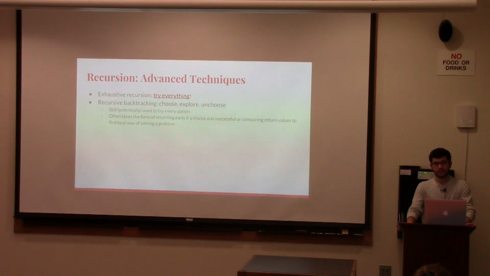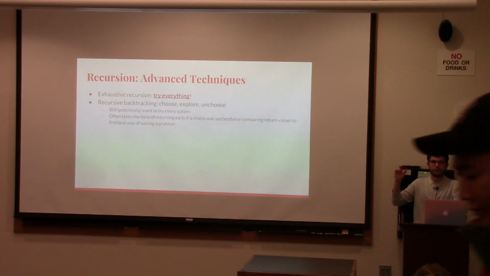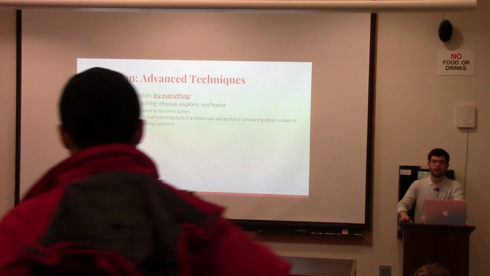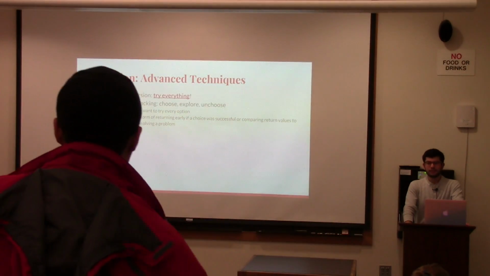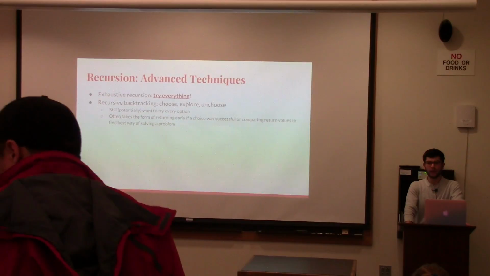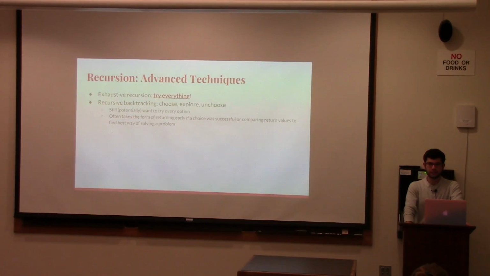As I mentioned, though, that's a lot of different calls, and so sometimes you want to see if you can short circuit that a little bit. And that is part of where recursive backtracking comes in. The thing we talk about with backtracking is this little thing you can remember: choose, explore, unchoose. And what that means is if you have multiple ways to proceed with recursive functions in the recursive step, or recursive case, I should mention,